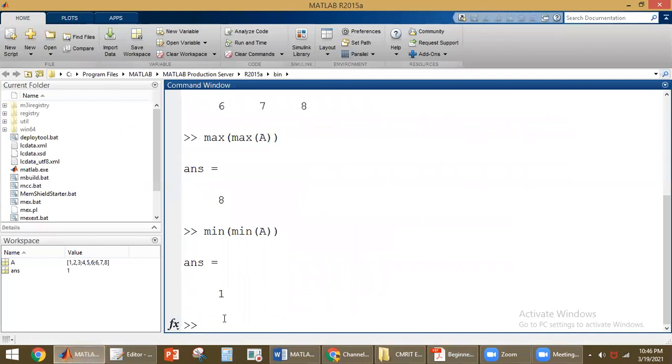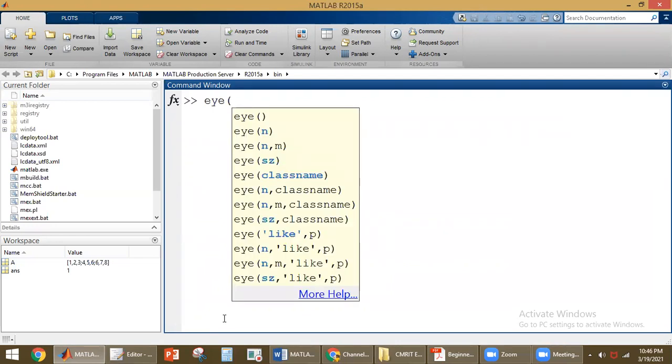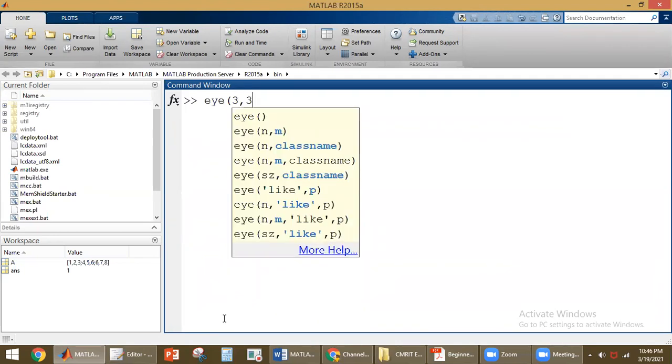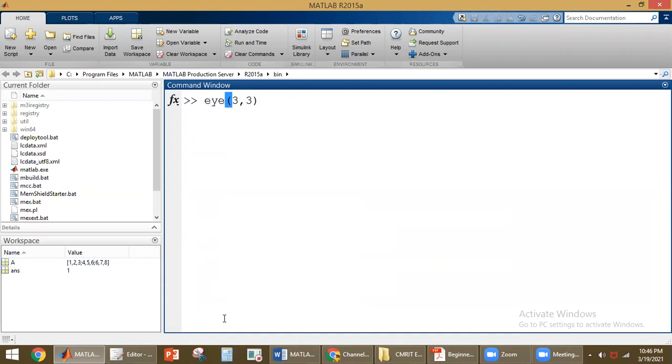So here first we'll clear the command window. To clear the command window we'll be using clc. Just now we discussed I, yes or no? So I is used to create the identity matrix. What inputs do we have to give here? The number of rows and number of columns. An identity matrix is always a square matrix, yes or no? The number of rows and number of columns should be the same. So this gives us a 3 by 3 identity matrix.